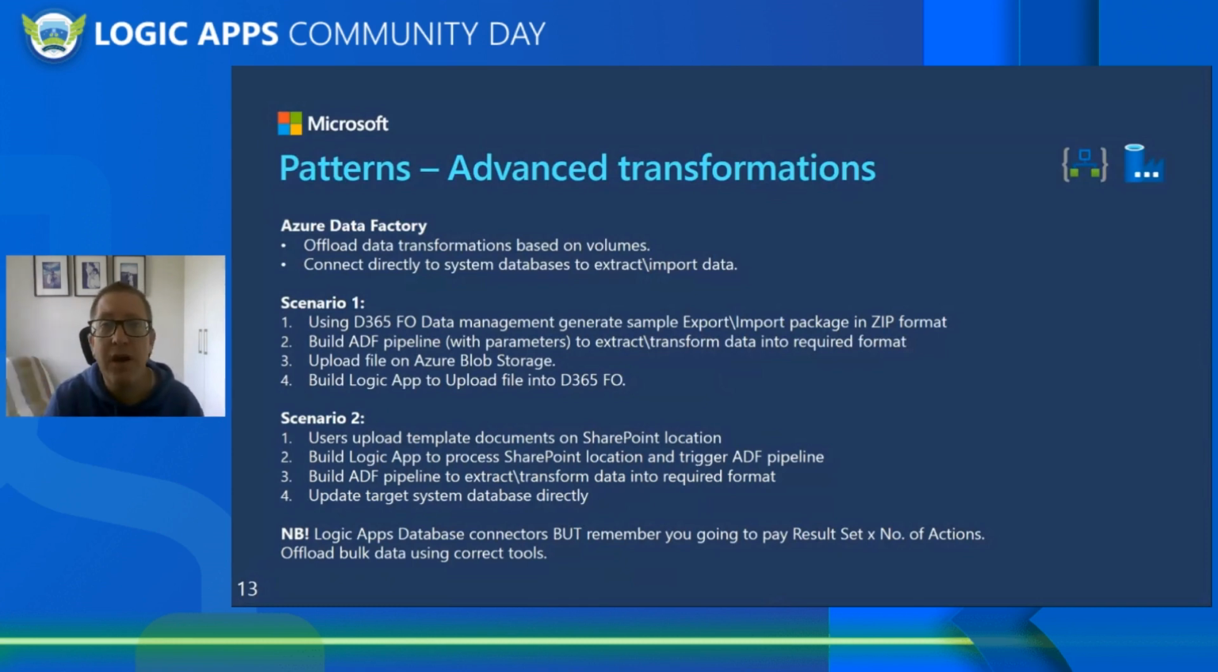In FinOps, we can generate what we call a package, which is a file schema that tells you how to structure and store your data so that it can be imported. So what we do now is we have an Azure pipeline that gets the data, transforms it, zips it into the correct format, and uploads it onto Azure Blob Storage. We build a Logic app that monitors that, grabs the file using the standard connector, and uploads the file into FinOps, and then FinOps does all the bulk loading and importing,